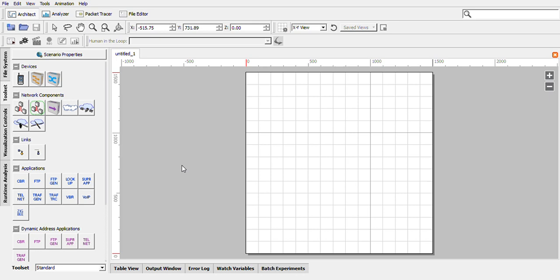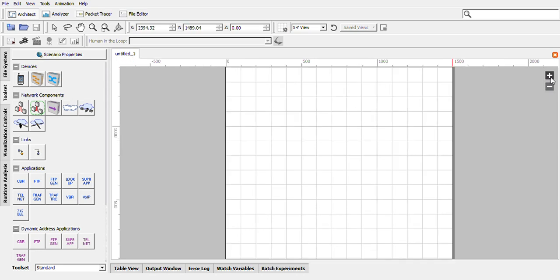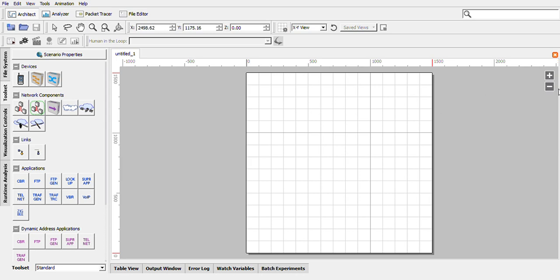I will show you the simplest first experiment which is there in the lab manual, and I will demonstrate all the 3 steps here. So please follow the steps. As I said, this is the editor where we will place a topology, and if you want to increase the size, I mean, if you want to zoom in or zoom out, you can use these icons here. So the first experiment says you need to create a simple local area network which uses a star topology, either by using a hub or a switch.